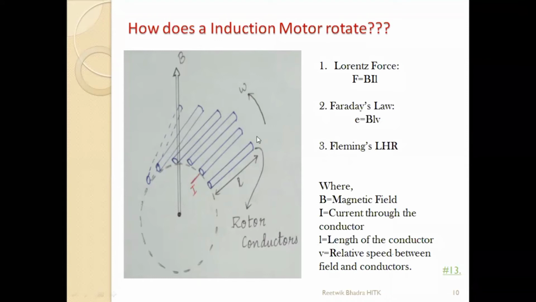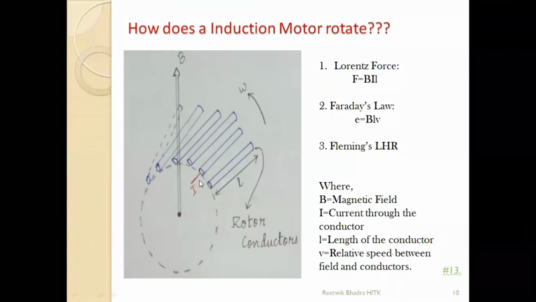There will be a rotation. My main objective is to tell you that if a current carrying conductor is placed in a magnetic field, my conductors will rotate. That is what I wanted to explain. So a magnetic field is there. The stator side is producing your magnetic field B, maybe it is coming in this direction. The current through this conductor, take it outside, take it this side, whichever you want.